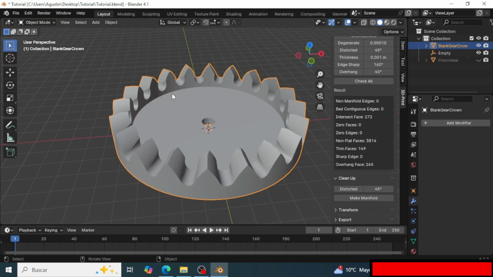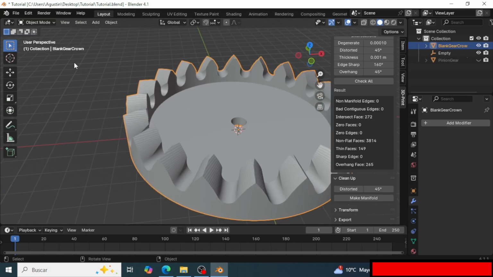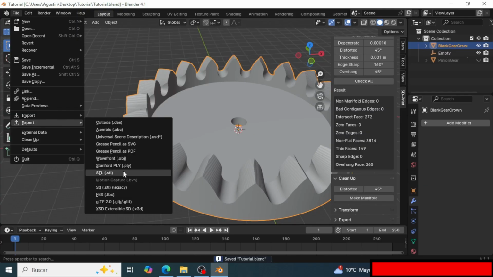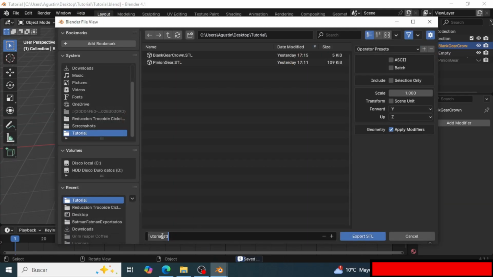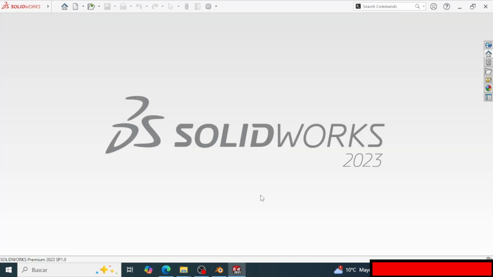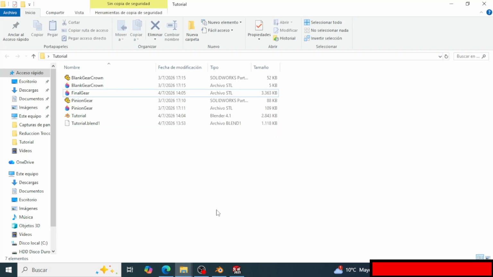We are going to select the gear we just made, go to File, Export, STL, and we want to save this as final gear, selection only, export. Now in Solidworks we can drag the final gear